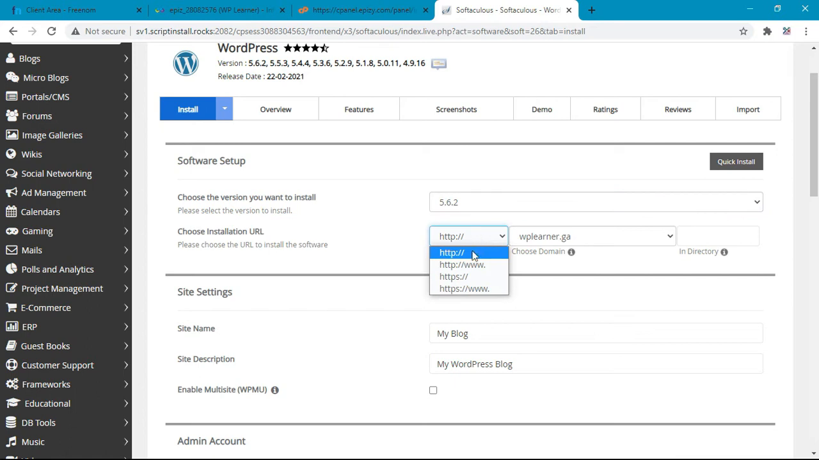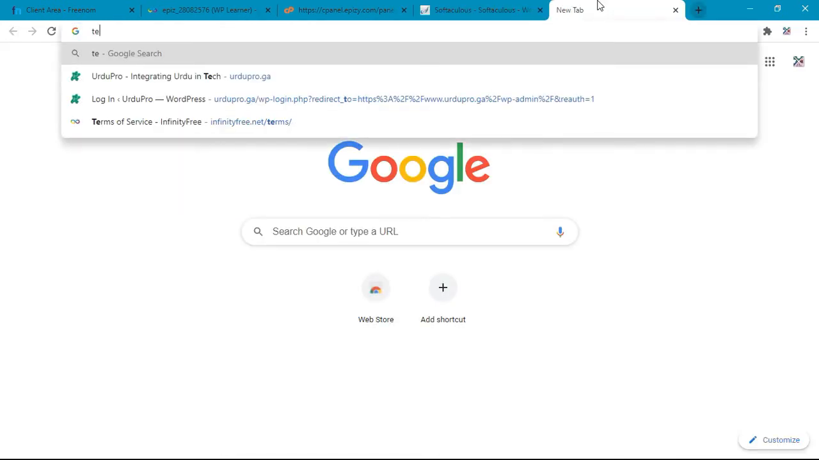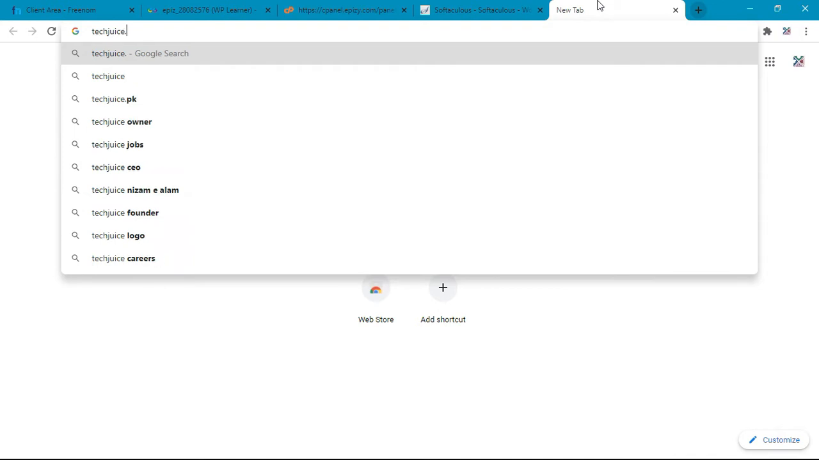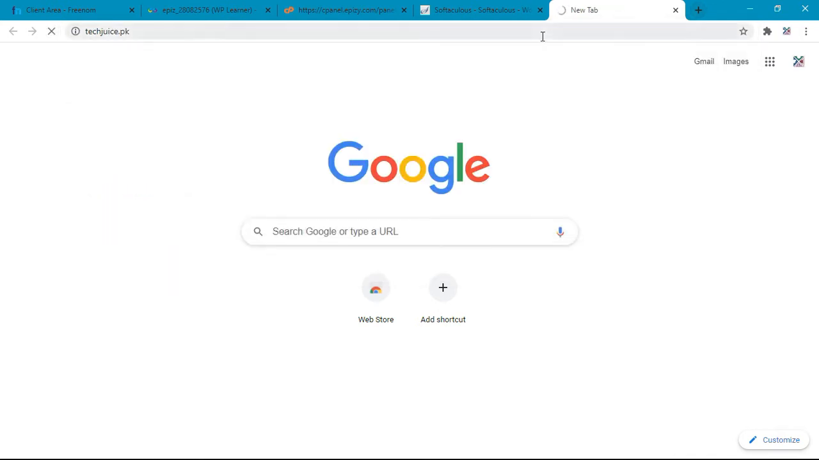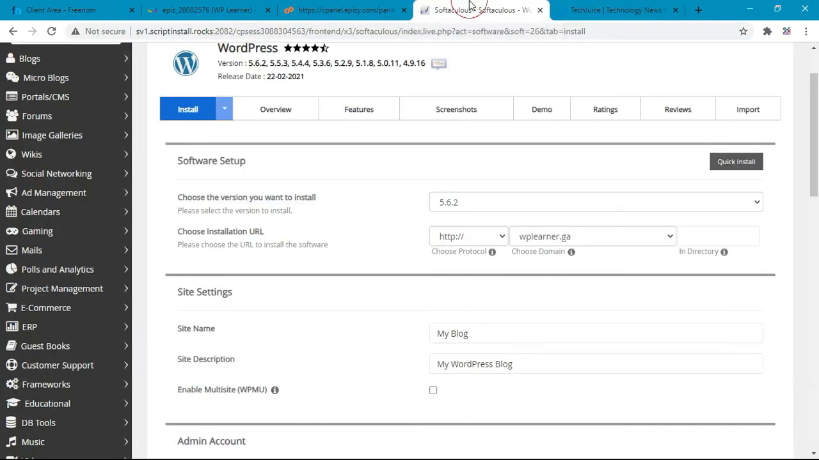You have to select either HTTPS or HTTPS www. So if we see most of the websites, like this is a popular website techjuice.pk, you will notice that most of these, even using WordPress, use www because that is what professional websites do. So you have to choose https